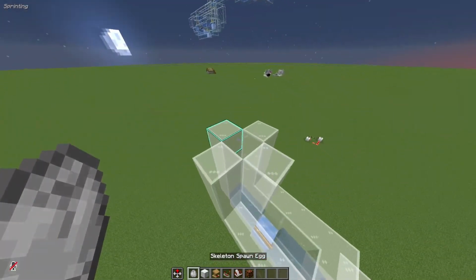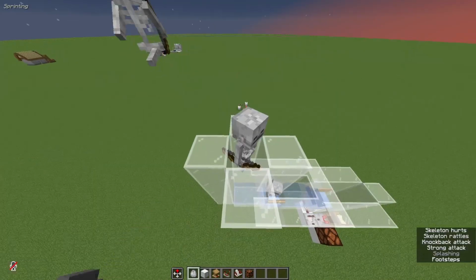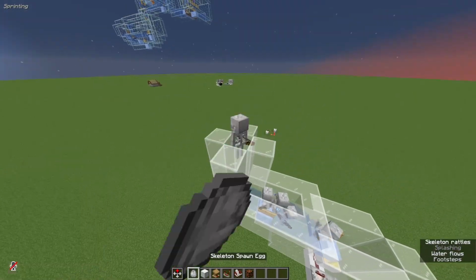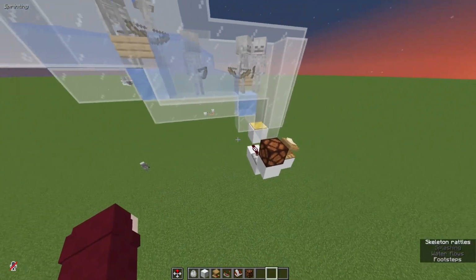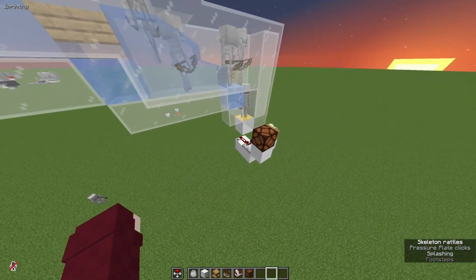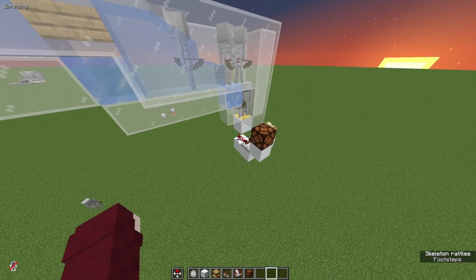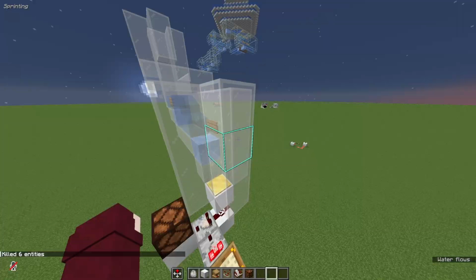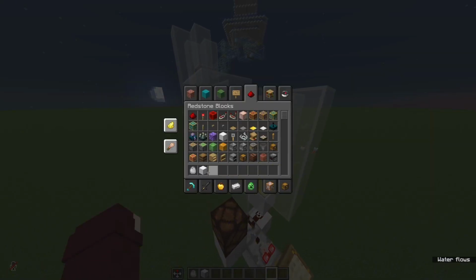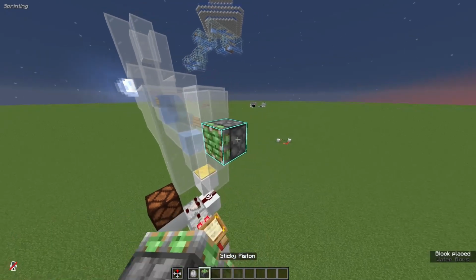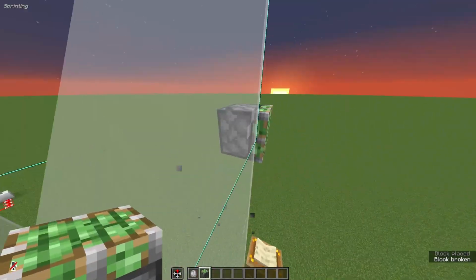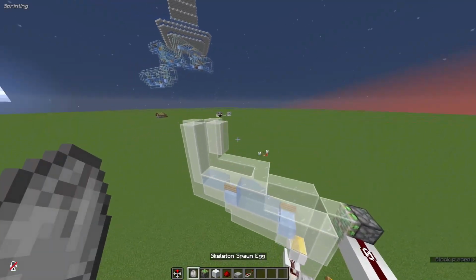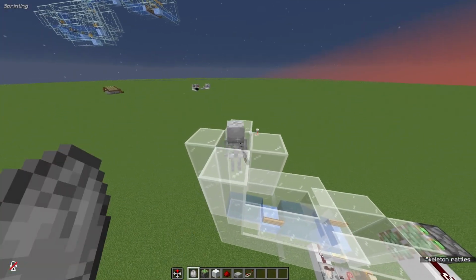So we could throw in 4 skeletons, or even a 5th one. And you'll notice that the moment there's 4 skeletons on the pressure plate, that's now 2, 3, and now 4, the lamp turns on. We want something to close over here so no more of them get in. Which I think we can do like this, maybe? So now the moment enough skeletons are on here,